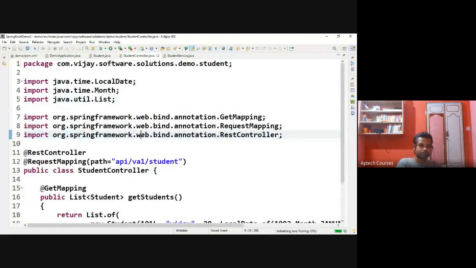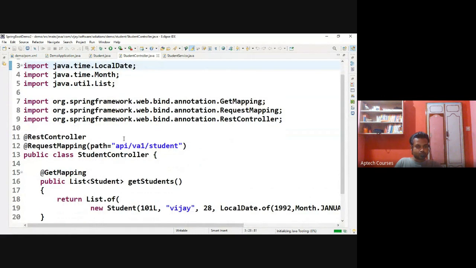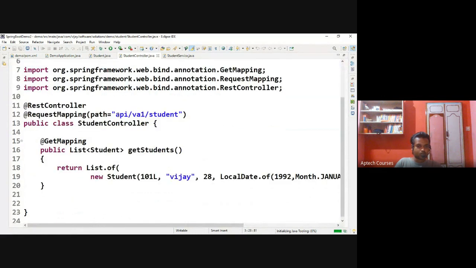So, through this URL we were calling this student controller. That means here we were passing the object.